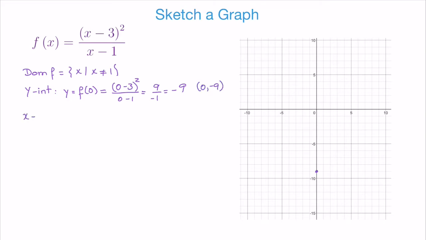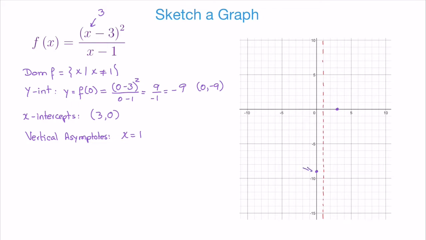The x-intercept, that is when the numerator is 0. Where's the numerator 0? At 3. So my x-intercept is just (3, 0). And we record it here. Okay, do we have vertical asymptotes? Yes. x equals 1, the one that makes the denominator 0. Let's record it. For the behavior near the vertical asymptote x equals 1, we see that the y-intercept here is